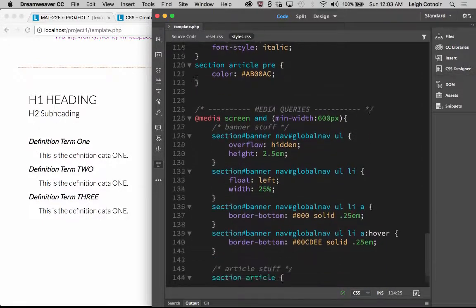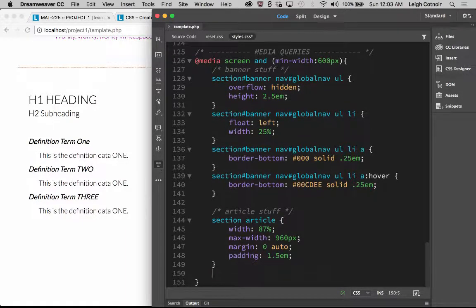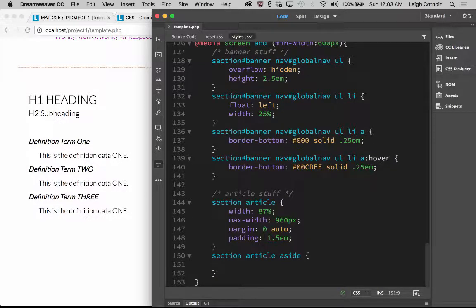We need to actually go down here underneath article stuff, and we can say section, article, and then aside, so that it's the asides that are inside the articles, inside the sections. And then I can just paste that stuff that I had copied from my inspector view,